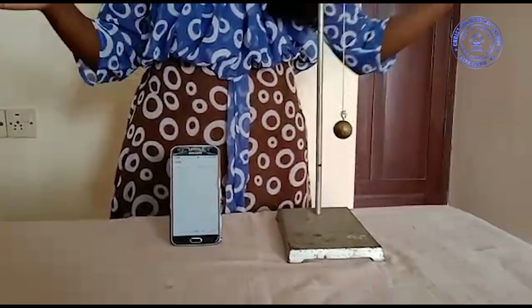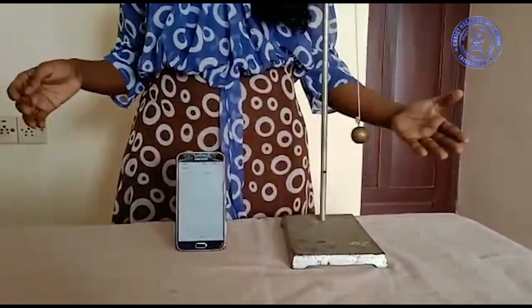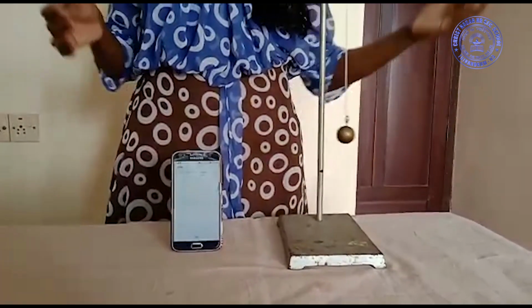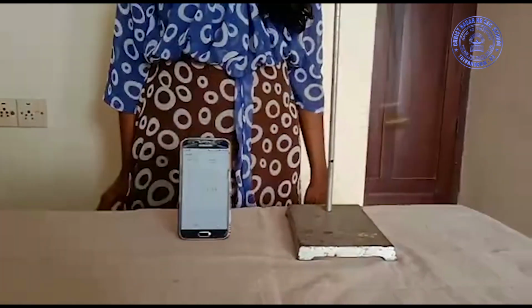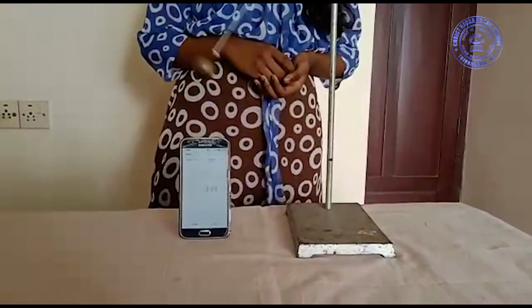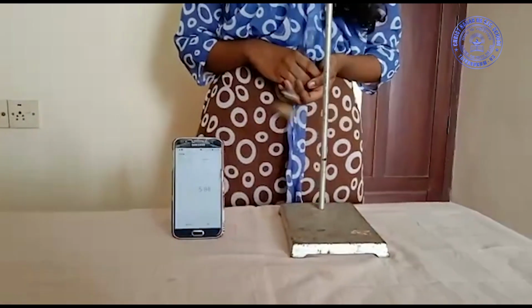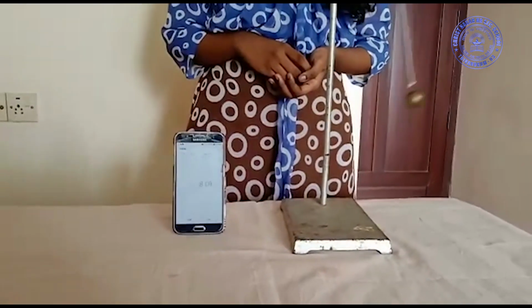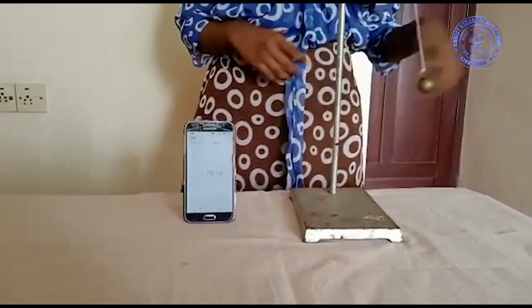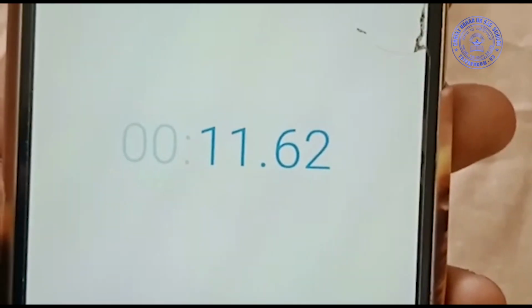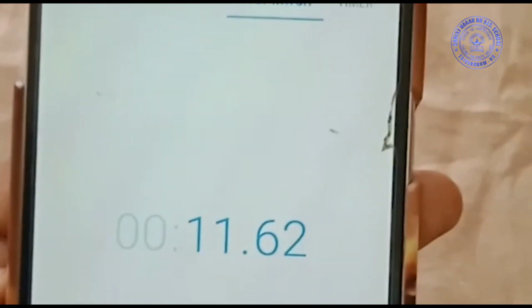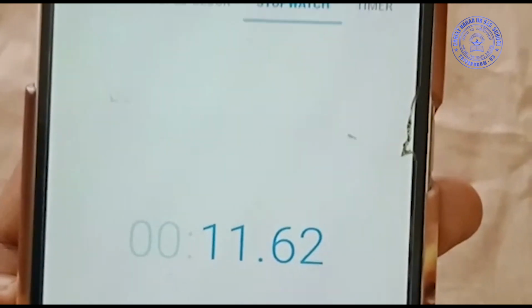So I have reduced the length. Now let's look. How much time does it take to complete 10 oscillations? 1, 2, 3, 4, 5, 6, 7, 8, 9 and 10. So the time taken to complete 10 oscillations is 11 seconds. So when we calculated first, it took 14 seconds. And when I reduced the length of